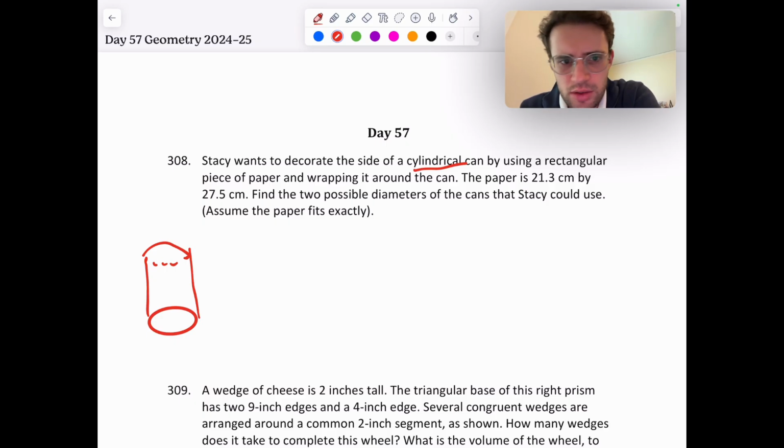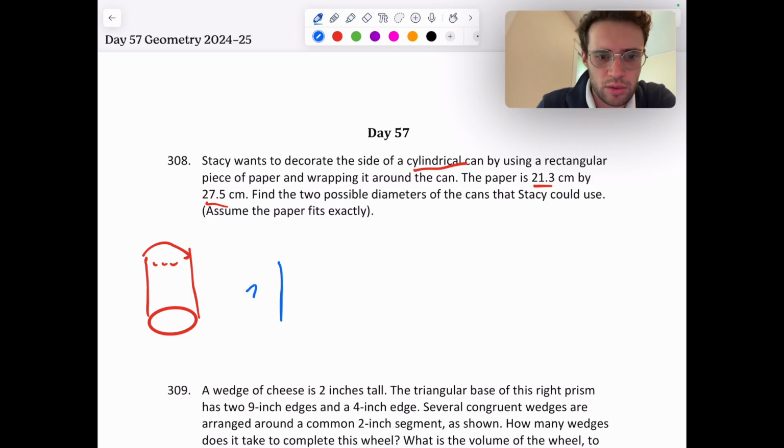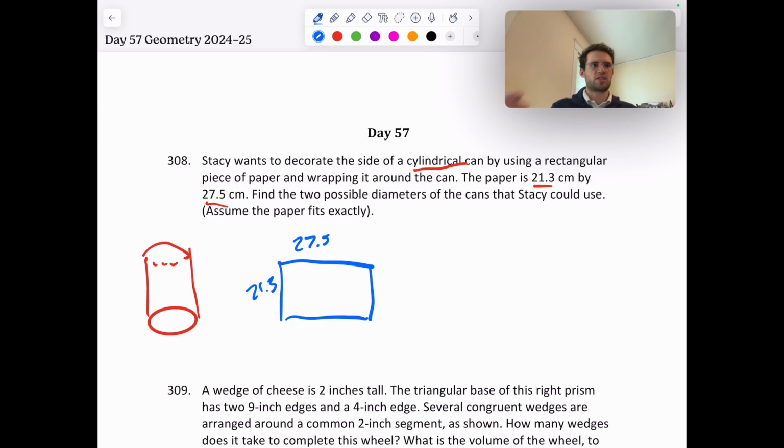And using a rectangular piece of paper and wrapping it around the can. The paper is 21.3 centimeters by 27.5 centimeters. All right, so you can have it 21.3 by 27.5, something like that. So if you imagine this, we're taking a piece of paper and we will be wrapping it around to make a little tube around the cylinder, something like that. Okay. Which means that one of the dimensions of the paper is going to be the height of the cylinder,